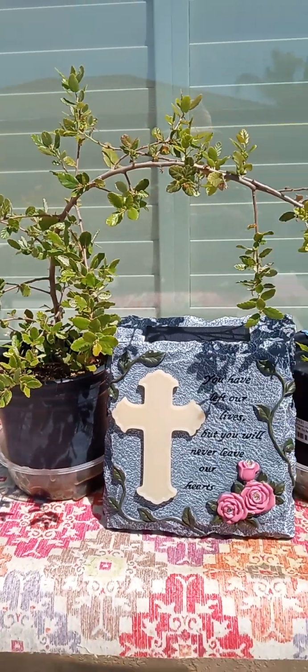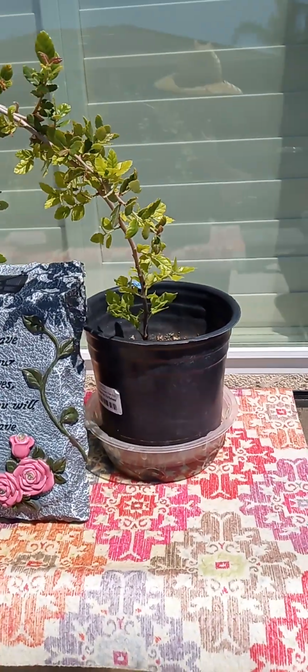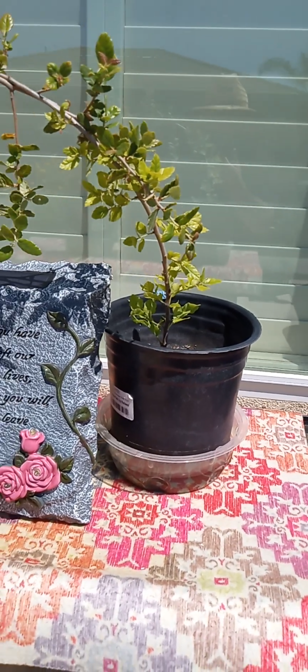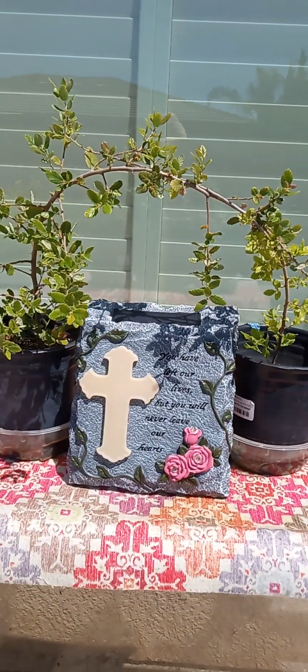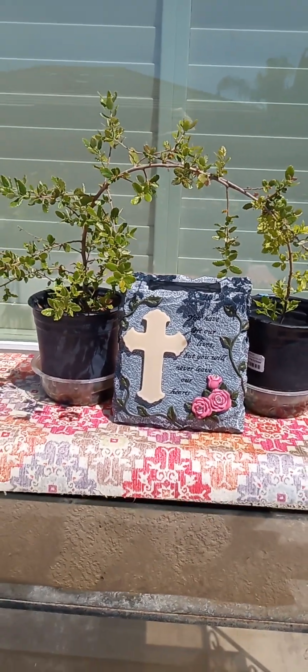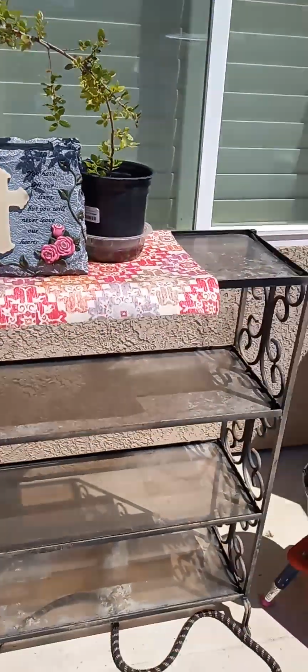I need to up pot them because for sure I'm not gonna put these in the ground because they grow very huge. We don't have the space for them. But there they are. They grew. I'm happy with them. And then right here,